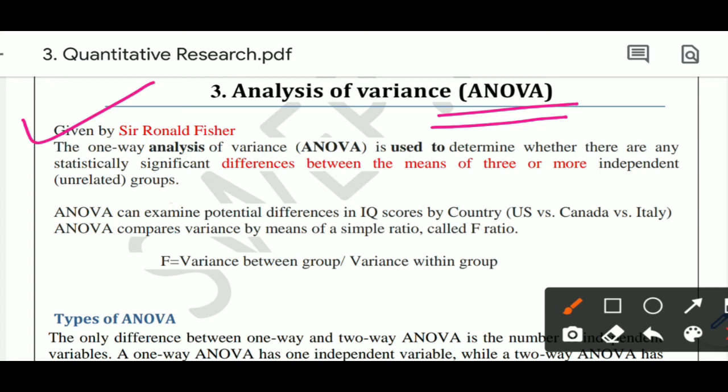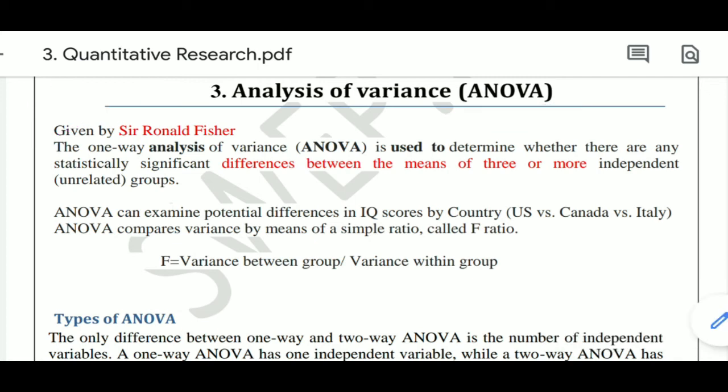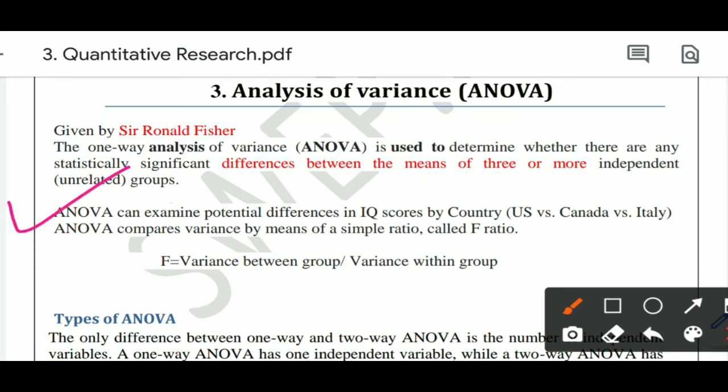ANOVA is used to determine whether there is any statistically significant difference between the means of three or more, or you can say unrelated, groups. There are so many groups which are not related. Still, you can use the ANOVA test to find out the significant difference between the variables. Like, taking an example, examining the potential difference in the IQ score by country. Like you have three countries, US, Canada, and Italy. You want to examine the potential difference in the IQ level, so you can use the